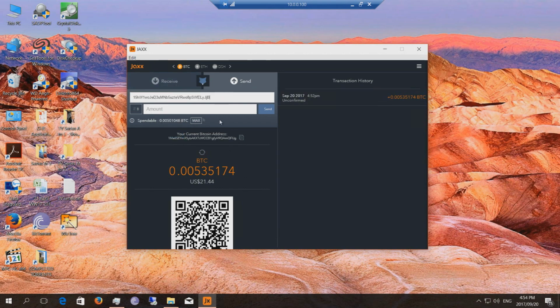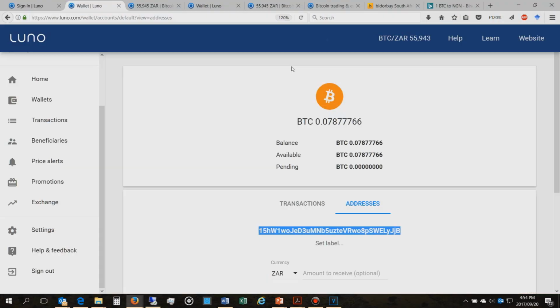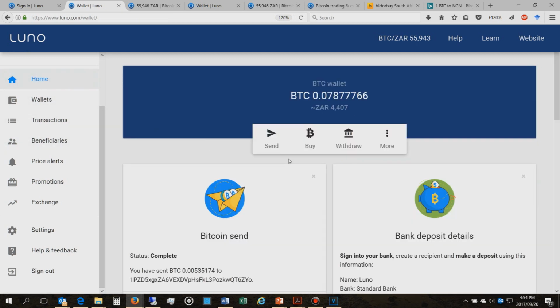So if I then copy that and put it into another Bitcoin wallet, I can say, right, I want to send $10. Then I will receive it on the other side at Luno, and then they will also ask me to authorize, and then the transaction will take place. So that is how you buy and sell and trade on Luno, and also how you deposit money on the